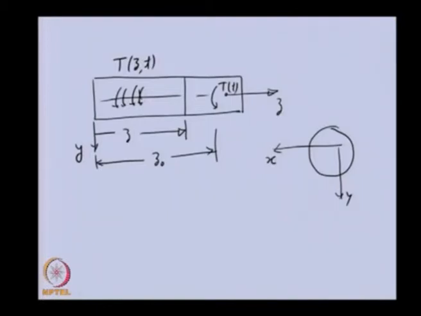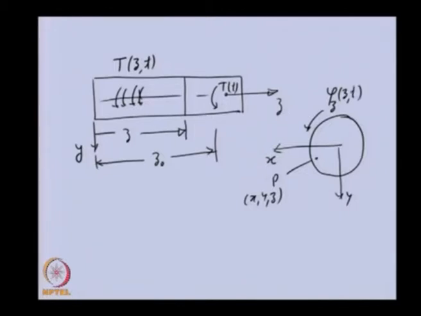This is basically the center of the shaft, so this will come like this. And if we want to study the motion of the point P, let us say the coordinate of that is x, y, z. If we have an angular twist of this particular plane phi z, which is again a function of z and time, this particular point P will have displacement in the radial direction, which will come to the P prime location due to angular displacement.